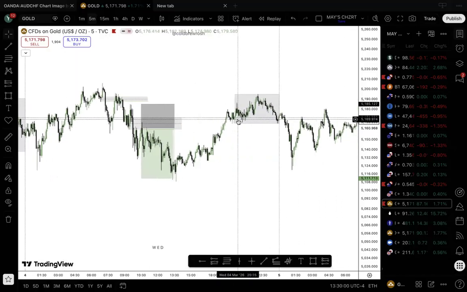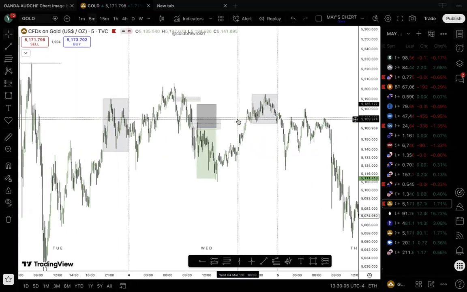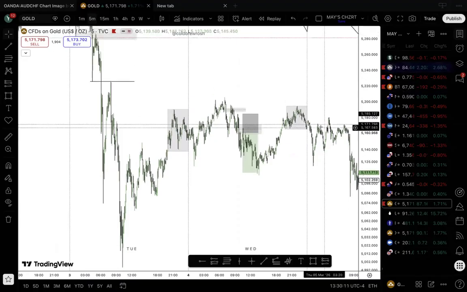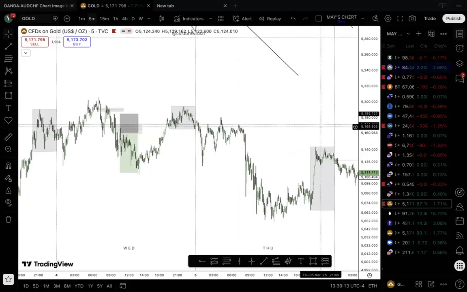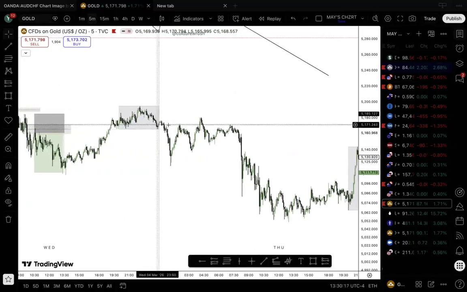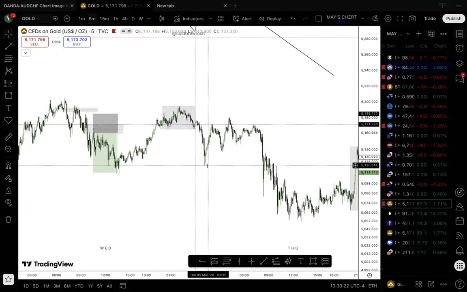Right. That was Wednesday. So if we go back to Tuesday, what I want to show you is how the concept played out every single day of this particular week. Every single day of this particular week. All right. So let's go on. Right. This is Wednesday. Price breaks market structure. Right. This is a very classic move that I've thought,